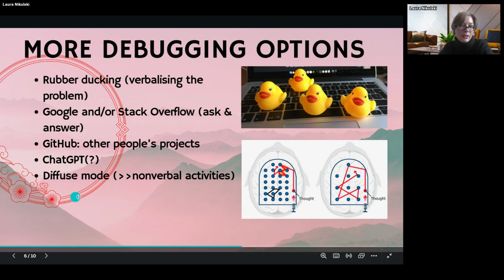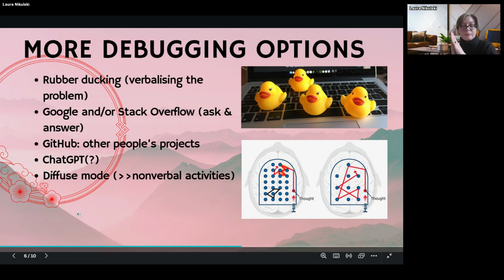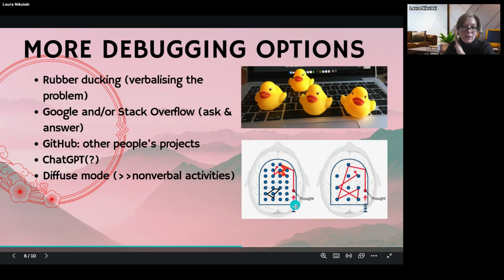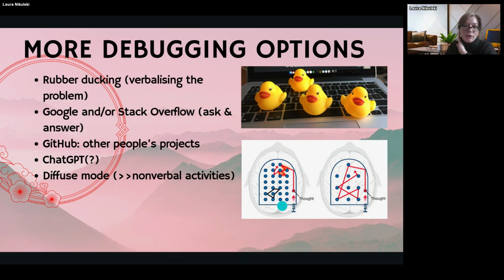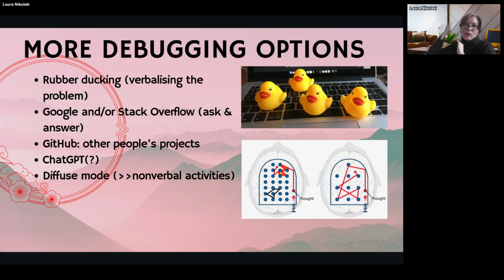And then another last, more general thing that you can do is, so there is a theory in psychology, in neuropsychology, where the brain has a diffuse mode, and there's also a concentrated mode. So if you're concentrating on something, you are focusing your attention on a problem, and your thought tends to go in a certain way. It's a very structured way. There is also something called a diffuse mode for your thinking, where your brain is sort of running in the background,